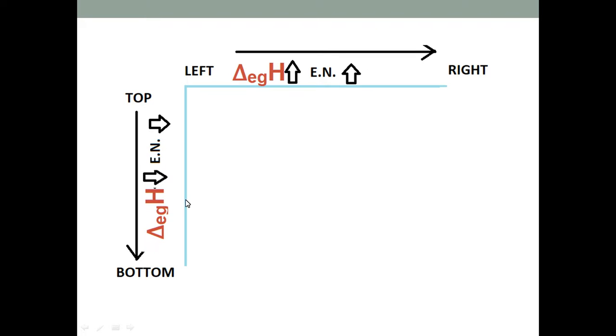Why does this happen? Because the Z effective from top to bottom decreases, and it is quite inconvenient to hold an electron when the atom is already having a negative charge. Because of the large size, the nucleus is not offering too much Z effective or attractive force. That's why electron gain enthalpy decreases from top to bottom.